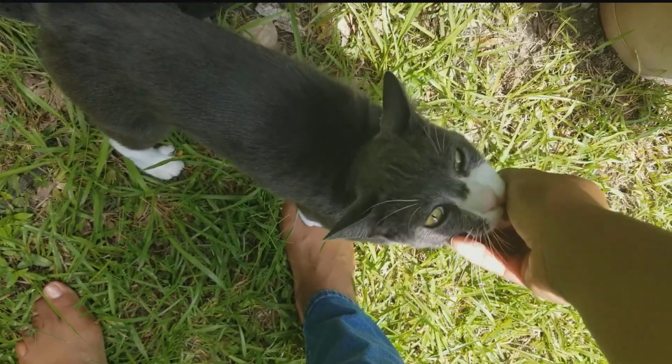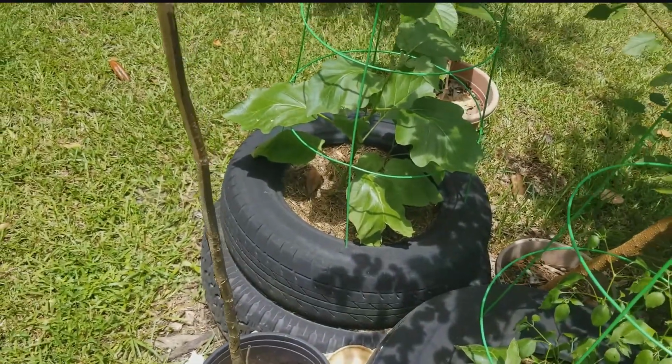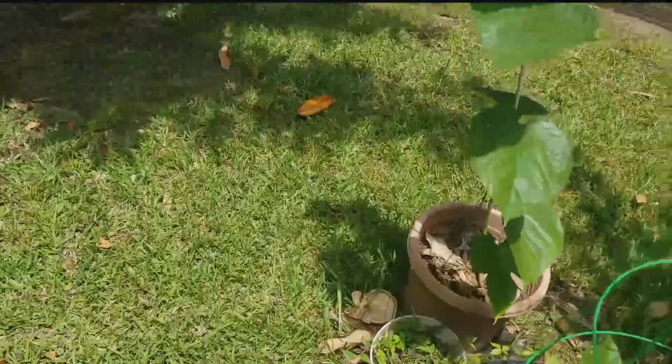Chris is also checking the crops. You're checking the crops, Chris? Checking the crops. Yeah, so